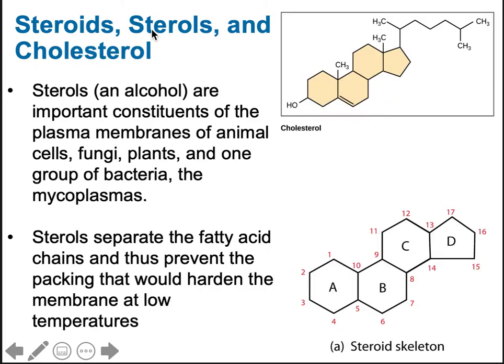Animal cells have cholesterol in their cell membranes. That helps give it some extra support. Other types of cells besides animals will have, instead of cholesterol, a sterol or even a steroid. So sterols are alcohols that are common in plasma membranes,